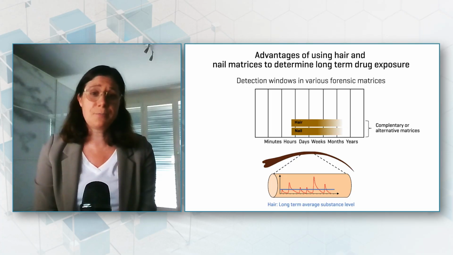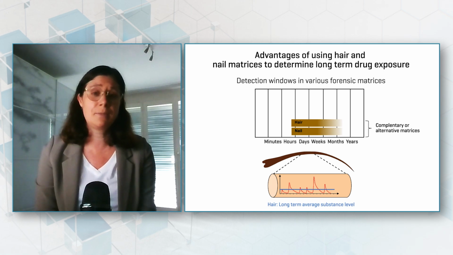So your lab specializes in keratinized matrices, which, as I mentioned, include hair and nail. For those not familiar, can you tell us about the benefits and the advantages of using those matrices for determining long-term exposure? Yeah, so the keratinized matrices hair and nail are so-called complementary matrices to the classical matrices like blood